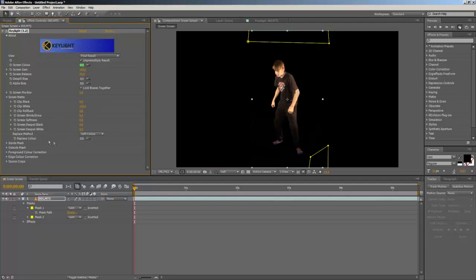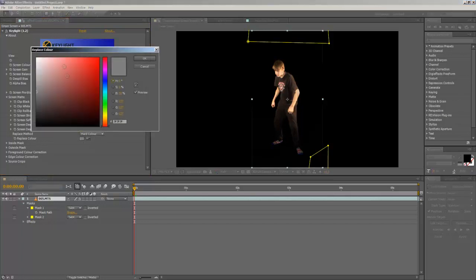First of all, we want to change what's called the replace method to Hard Color. This is just generally better than the Soft Color because it fills out your characters better. Now we can change the color to fill with by clicking here. You can see the edges change too, but we'll just do like a gray brownish something like this